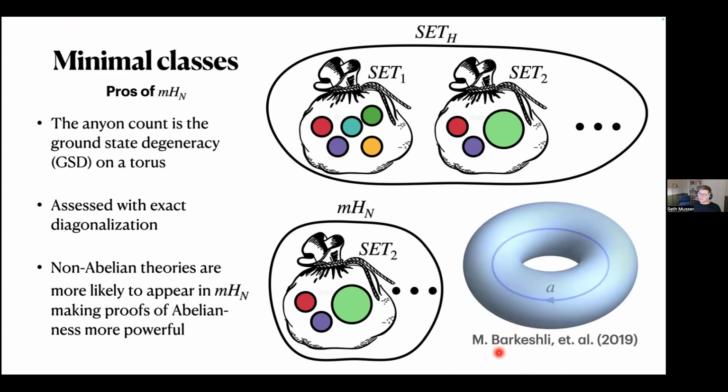It was shown by Mason, and probably by others, I apologize if I'm citing incorrectly, that the anyon count of a topological order is the ground state degeneracy on a torus. So if you've ever done exact diagonalization to study the fractional quantum Hall effect, or very much in vogue now, the fractional quantum anomalous Hall effect, or FCI, and you've tried to diagnose topological order by counting ground state degeneracy, you're familiar with this way of accessing information about the topological order.